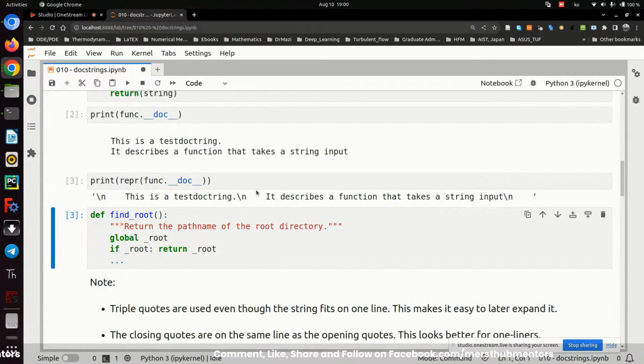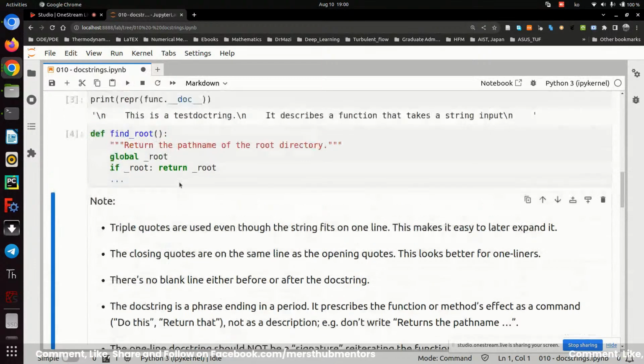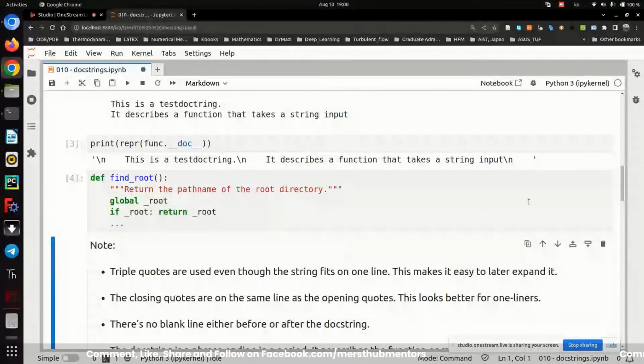So you can see that this is a two-liner docstring. Next, let's look at this function find_root, where you have a one-liner documentation string. If I run this code, let me try to print the documentation string